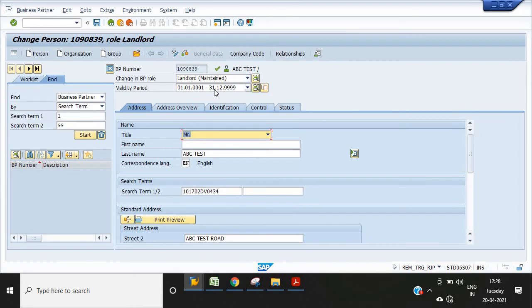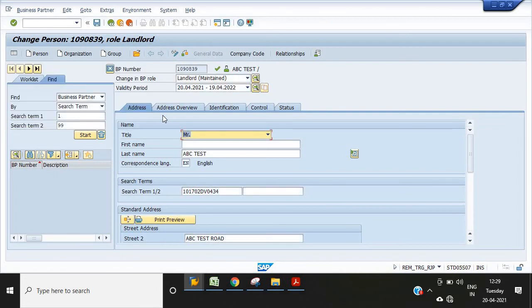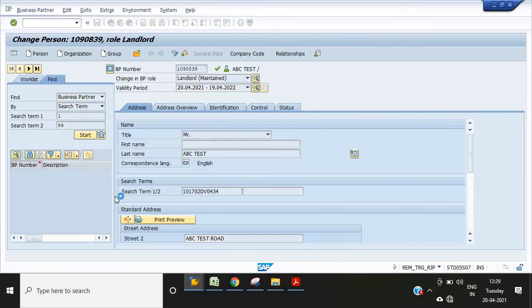Here I am going to maintain the validity period for 1 year. Once the contract is renewed, it will be saved. Then click on save. Now the data has been saved.